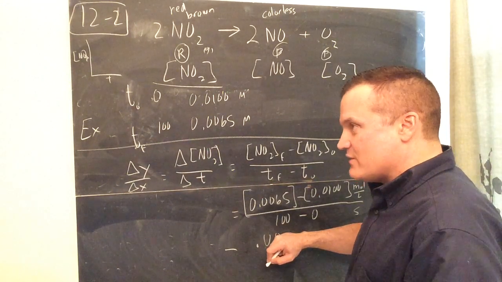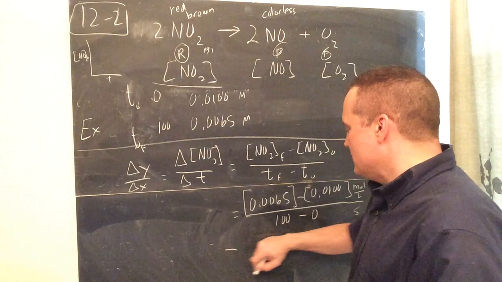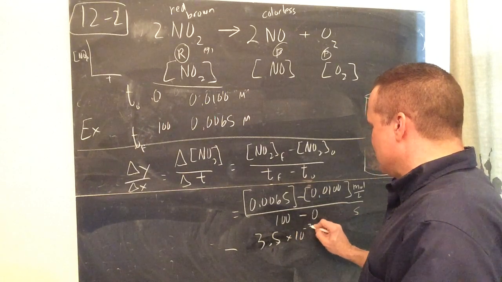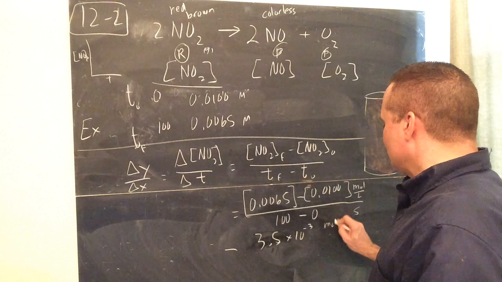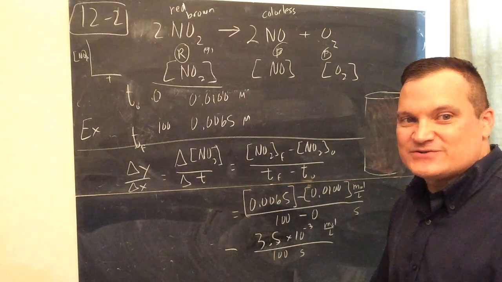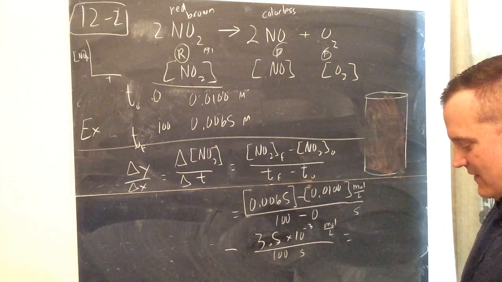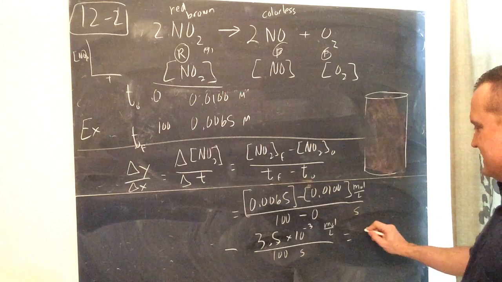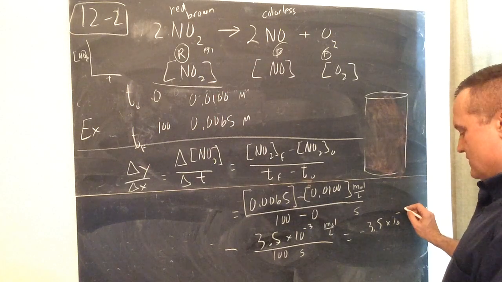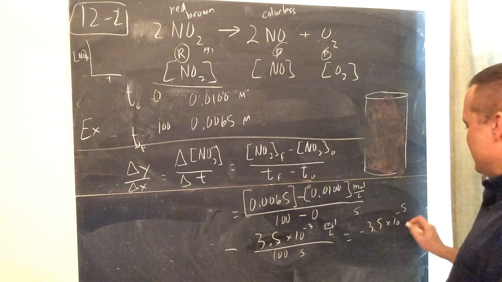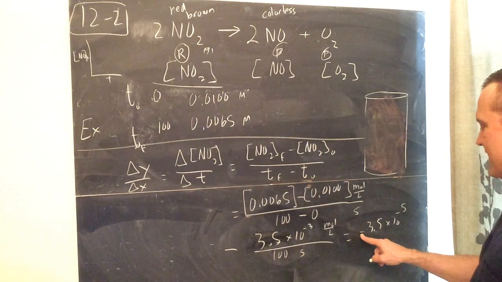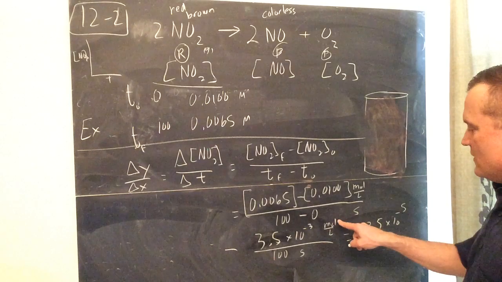You could put 0.0035 if you wanted to, but I'll write it down that way: negative 3.5 times 10 to the negative 3 mole per liter divided by 100 seconds. Is it still on the screen? Yeah, it is. Okay, what does that give you? 3.5 divided by 100 is negative 3.5 times 10 to the negative 5. Now, look at my unit here. This divided by this is negative 3.5 times 10 to the negative 5 mole per liter